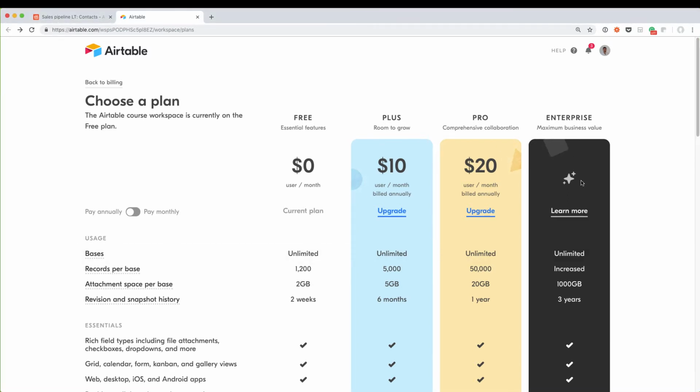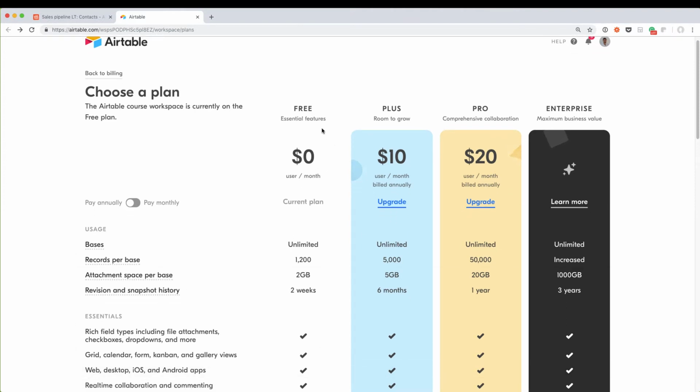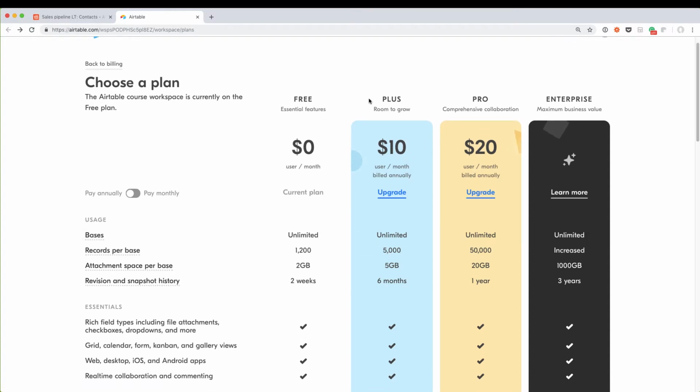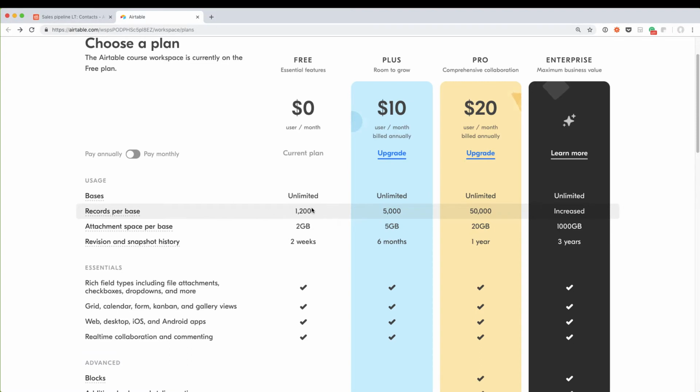I'm not going to talk about the enterprise because I don't expect a lot of you to opt for this, because it's for very large corporations. So we have the free, that is free, and that's what we've been using since the beginning. The plus is $10 a month, and then the pro. The main difference between free and plus is more records per base that you can create, more space, but frankly,